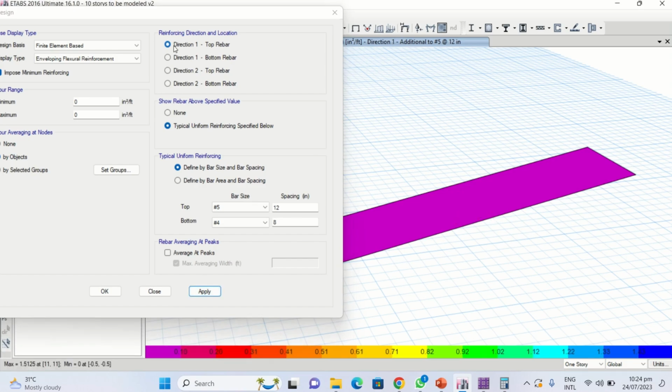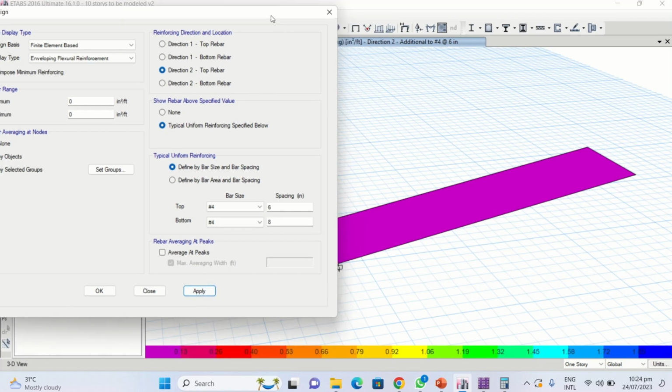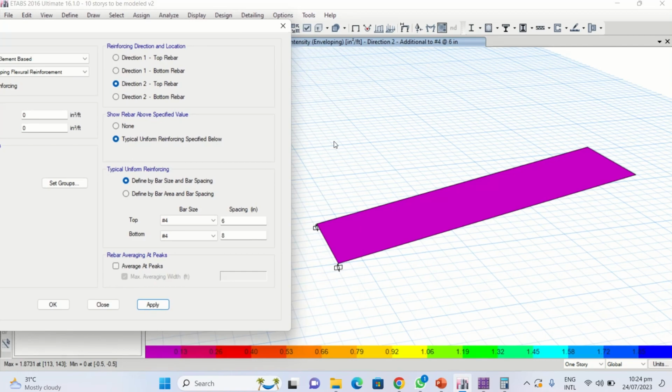You can see that. Similarly, actually the top is number 3 at the rate of 6 inches center to center. So you can see, you can use number 3 bar, but it's actually a ramp, and the